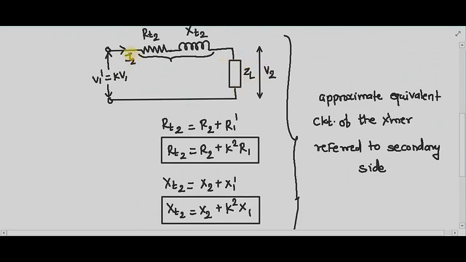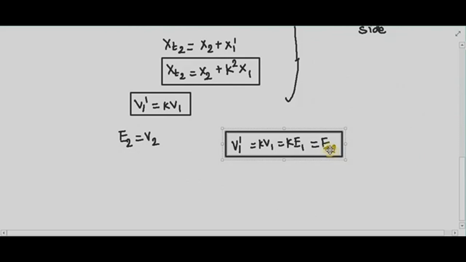No load means no current taken, right? So when I am drawing the approximate equivalent circuit of the transformer referred to the secondary side, this current is I2, right? But when I put on my load, due to the voltage drop in the impedances of the winding, the secondary voltage will change from its no load value. What is the no load value? The no load value is nothing but this. So the secondary voltage value will change from its no load value,